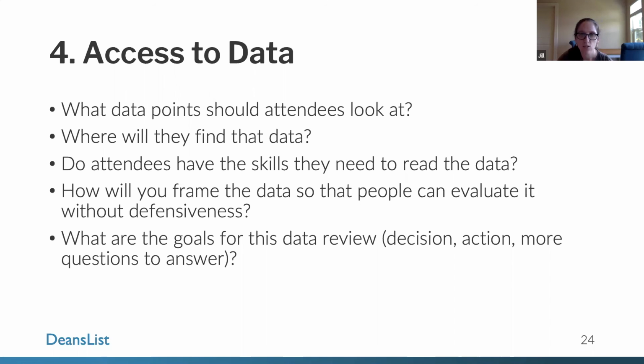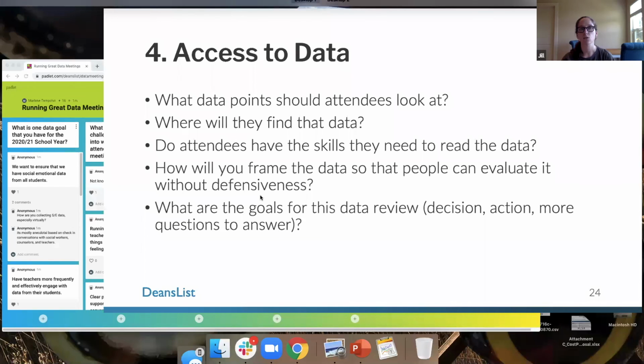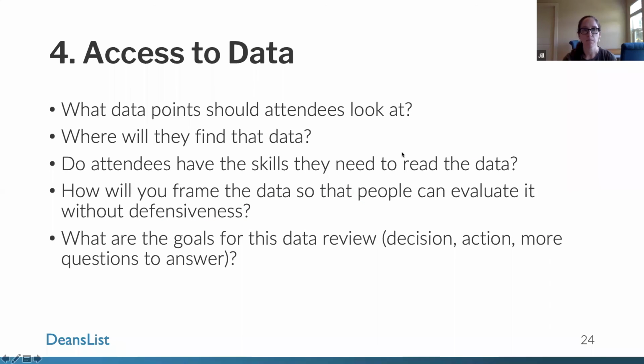And then that last piece, just being explicit about the goals of the review, can help set the tone for a conversation. Are we trying to move to a decision or action in this allocated time, or are we trying to have a more open-ended exploratory conversation? Having this goal defined can really be helpful in evaluating whether the meeting was successful at the end. Did we get to the action? Did we get to the decision we wanted to make, or are we comfortable having this more free-form discussion?